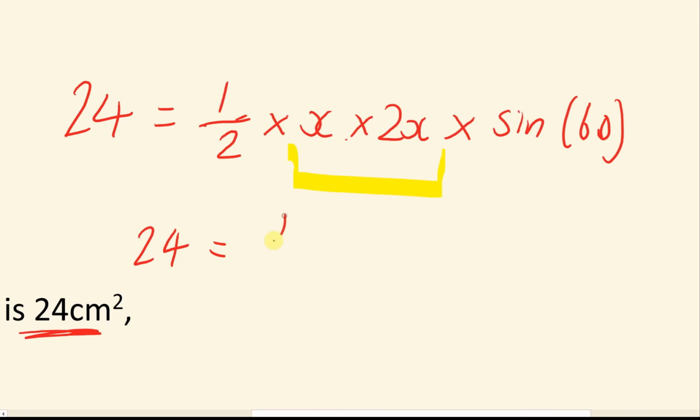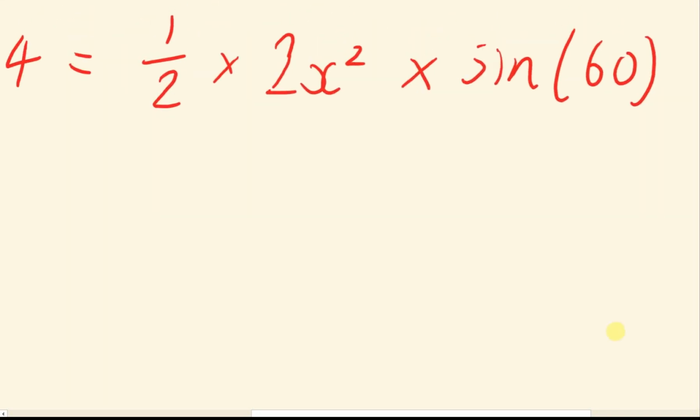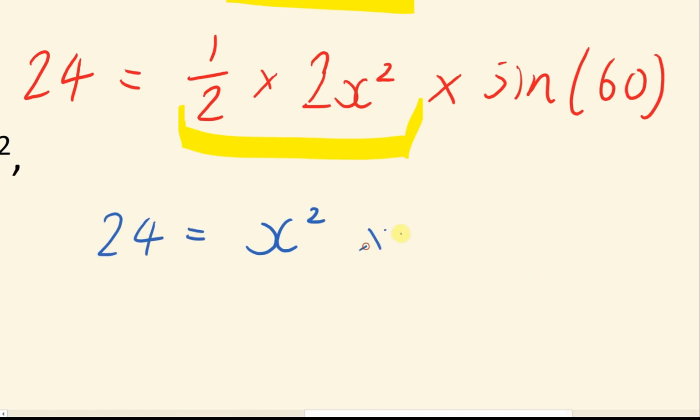If I just look at those two terms, x times 2x is just going to be 2x squared. Okay, I'm going slightly further than this. If I look at these two terms, 1/2 times 2x squared will just be x squared, because 1/2 times 2 is just 1. So now I've got 24 equals x squared